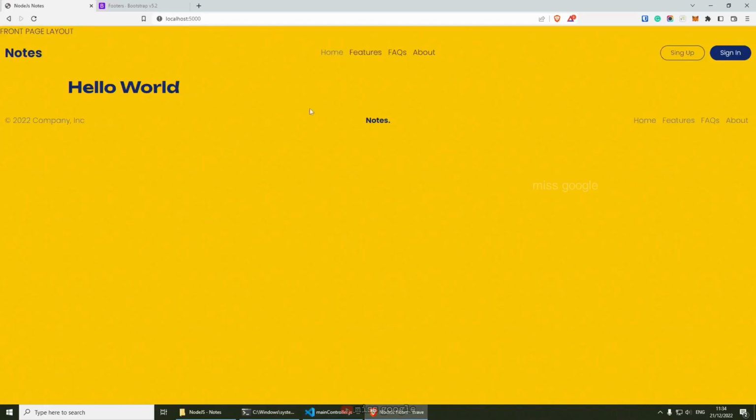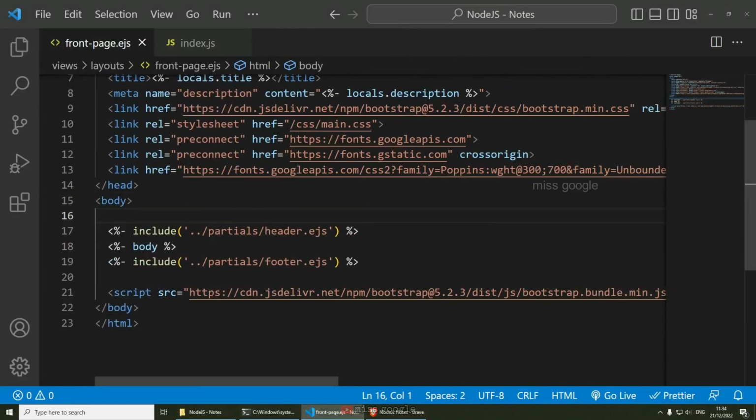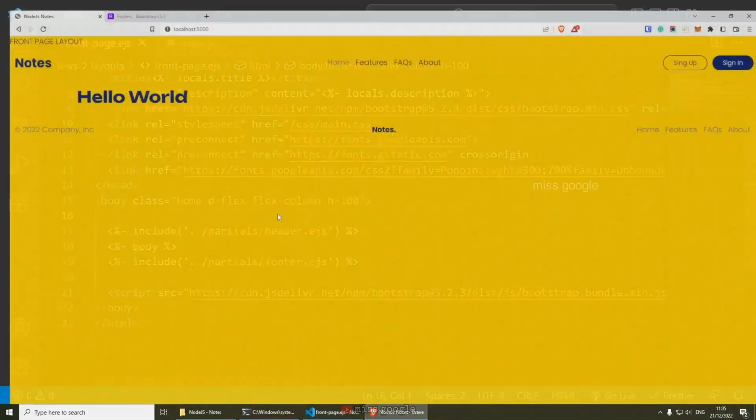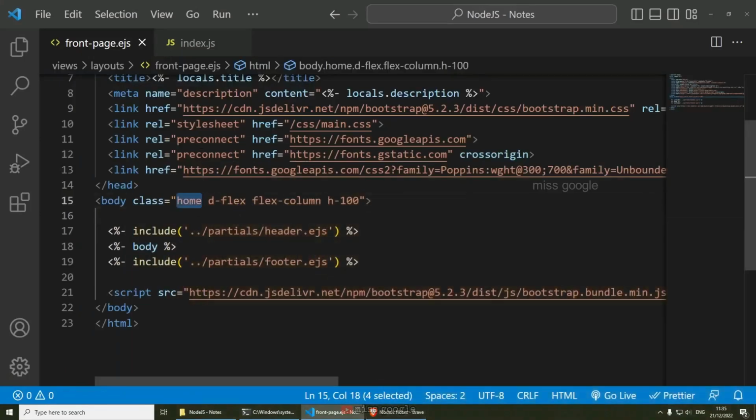Okay, let's style our homepage super quickly and then we can move on. If I was to go to the front page layout and remove this, I'm not going to change too much in here, but I'm just going to give it a custom class home, and I'm going to convert this to a d-flex, which means converting this body to a flex, and then I'm going to say this flex to act as a column, and I want 100% height as well on this. So if we save this, everything should look pretty much the same,